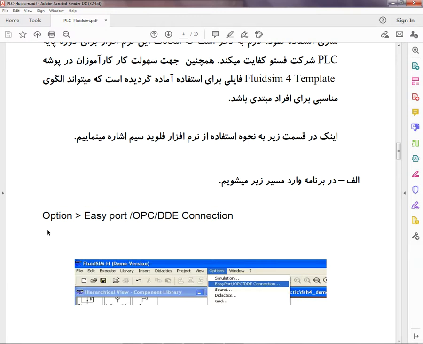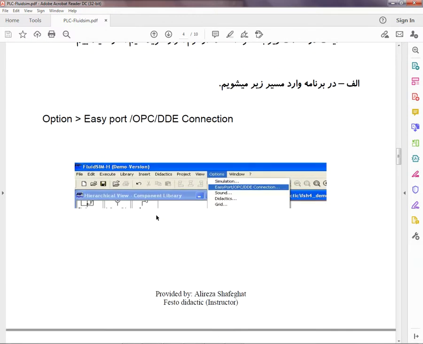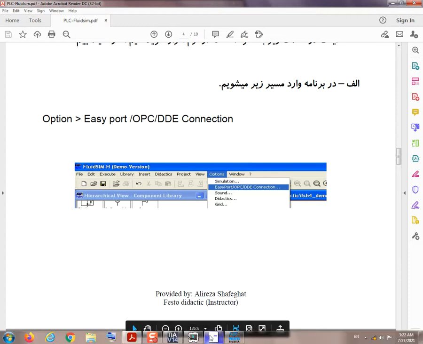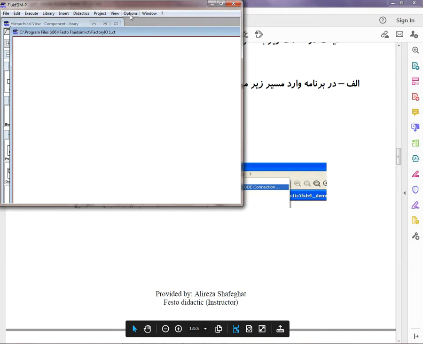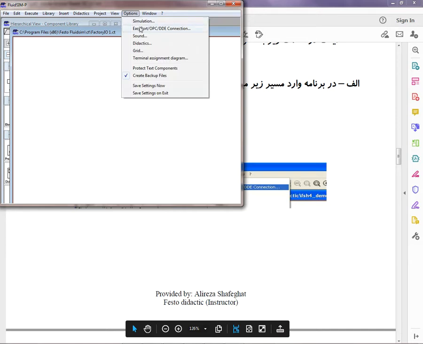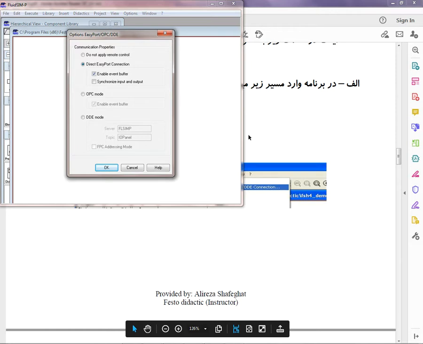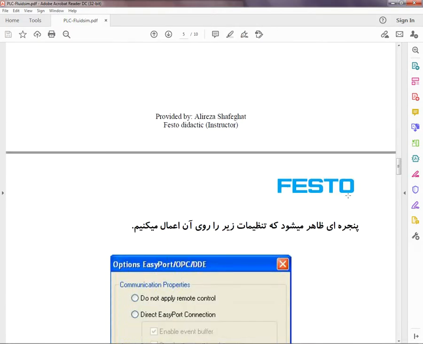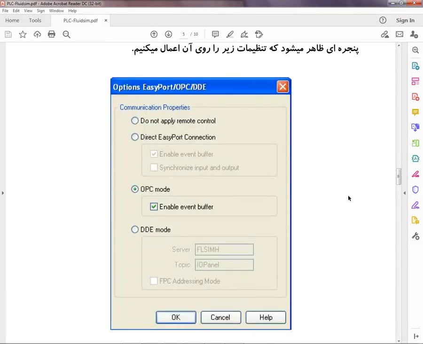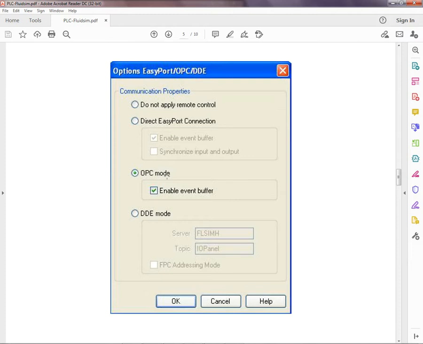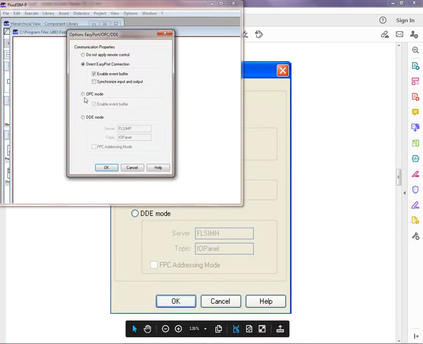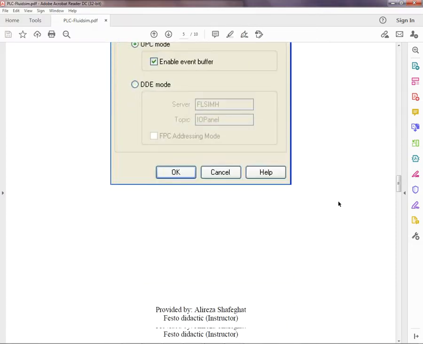First you should go to the option tab. As you can see, easy port OPC DDE connection option. The second tab, and now you have to set it on the OPC mode, and let's do it. OPC mode, as you can see. Next step,